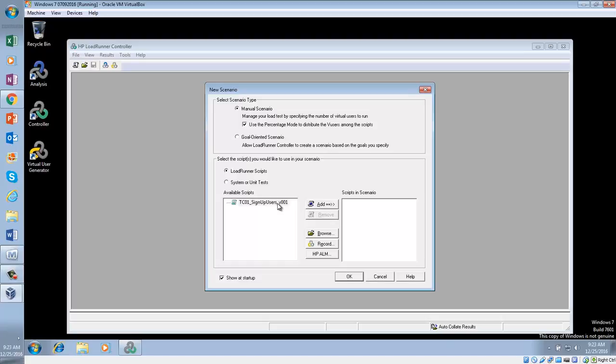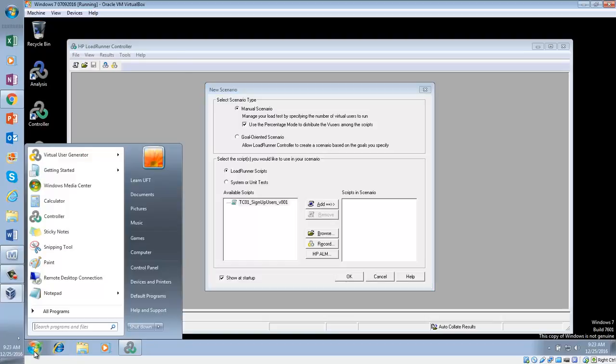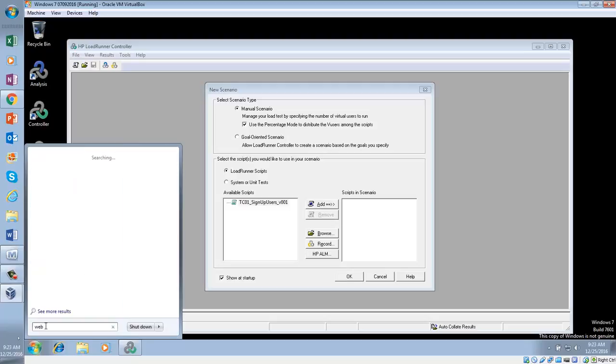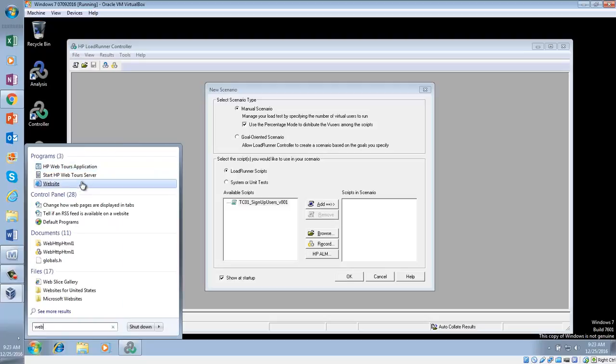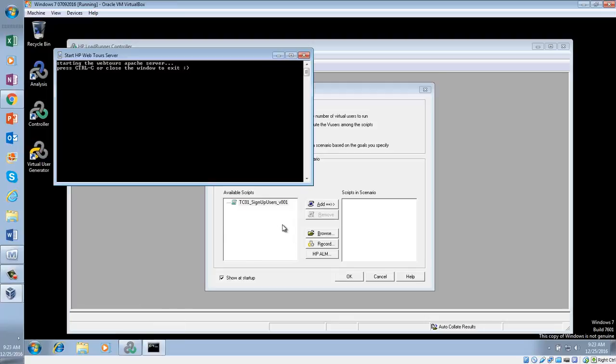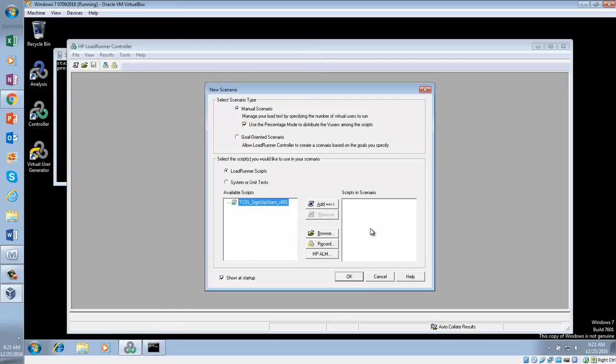Today we are going to execute that script, discuss a little more on different runtime settings, and also focus on analysis. Now let me bring up the web2 server and bring this script to my controller.